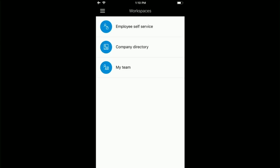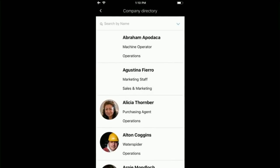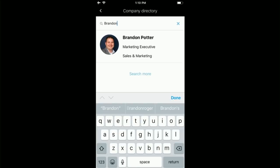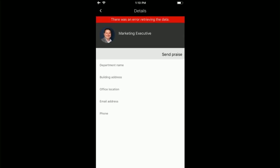But the core HR application, because it is built on the operations framework, follows the same model where you would download that application. And here we have the same workspaces that I was going through just a moment ago in the main application. I can see some of those same things directly from my mobile. So here I have the company directory. I need to come in and search for people. Maybe I need to find Brandon here. I can come in, find that, get to his details quickly, see the department, his contact information, and